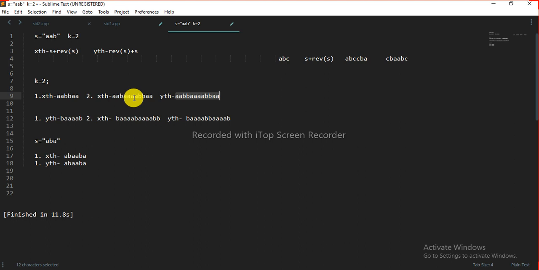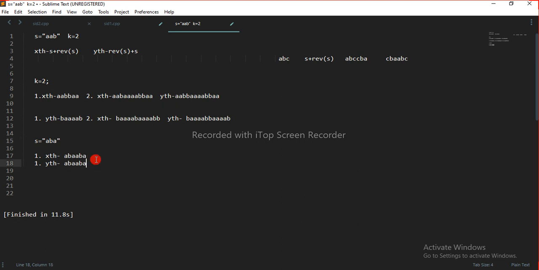So if we perform the xth or yth operation on any palindrome string, it remains the same. And if initially the string was a palindrome, the maximum number of different strings we can get is 1 only, because both results will be the same.